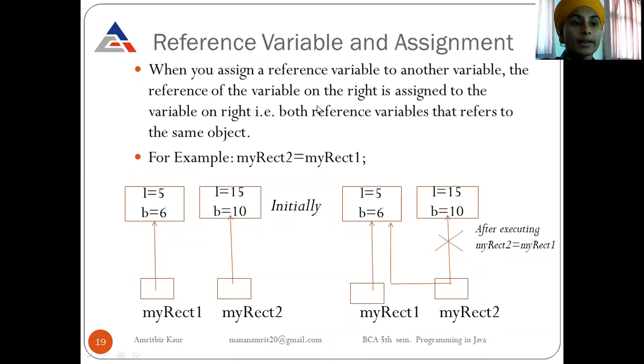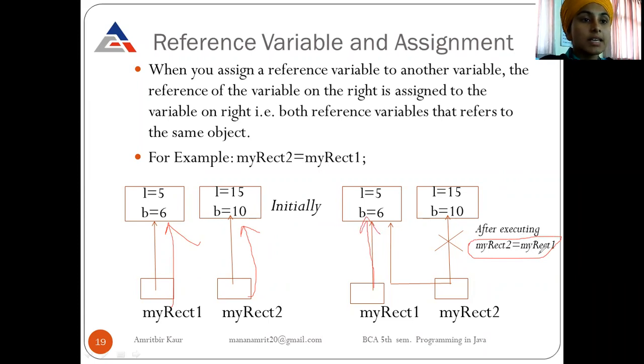So now myrect2 will also refer to L equals 5, B equals 6. In the diagram, initially myrect1 is pointing to this one and myrect2 is pointing to this, two different copies. But when we execute the line myrect2 equals myrect1,